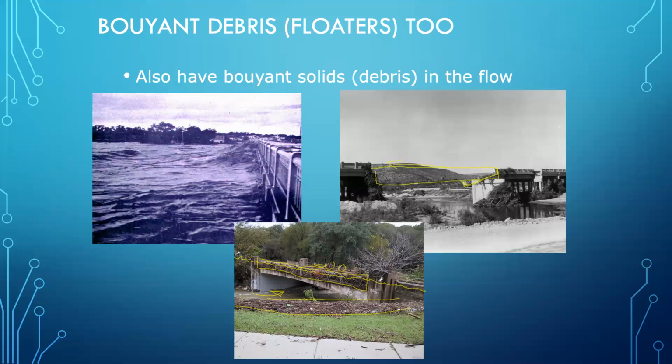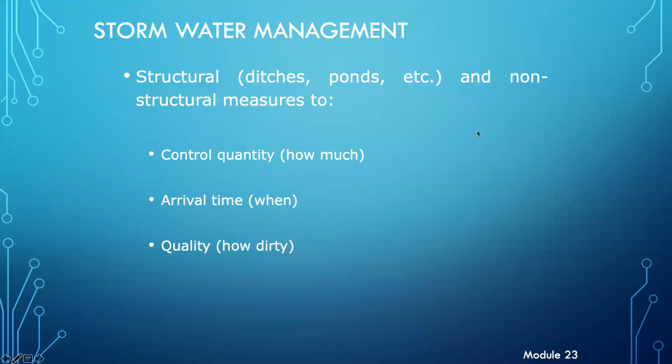So the lowermost picture is a maintenance, a cleanup issue. This picture is a problem because the buoyant debris trapped up against the infrastructure, and there was enough water force combined with that debris to push the infrastructure over. So those are extreme cases of solids. We are most likely not going to produce outfalls that themselves can produce that kind of damage, but they could